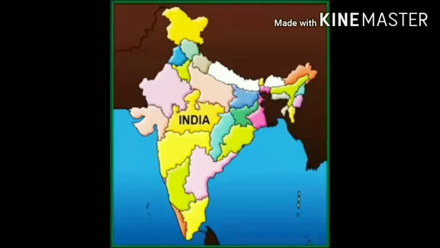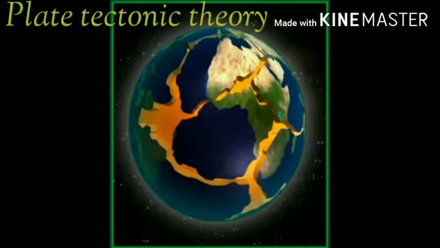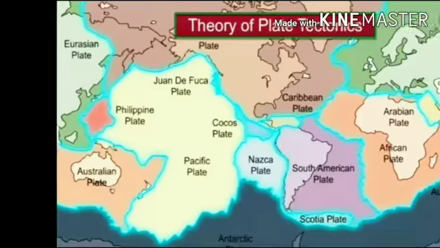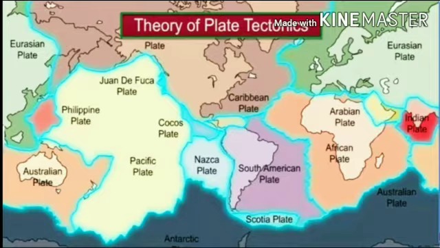No one knows exactly how India was formed. However, scientists have several theories. They tried to explain the process. One such theory is the theory of plate tectonics. According to this theory, the earth's crust is formed from 7 major and some minor plates. When the plates move, they cause disturbances in the continental crust. This leads to folding, faulting, and volcanic eruption.